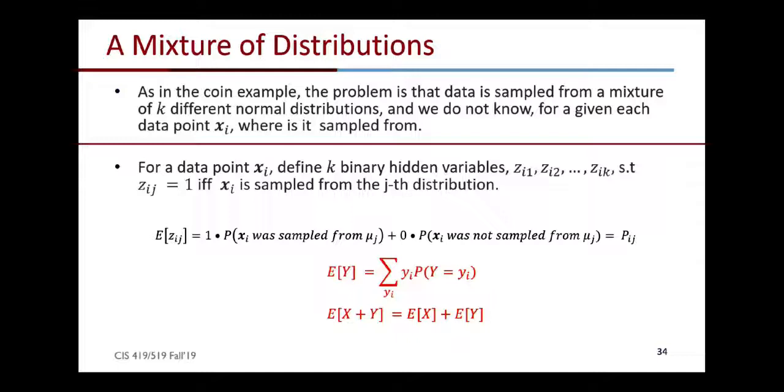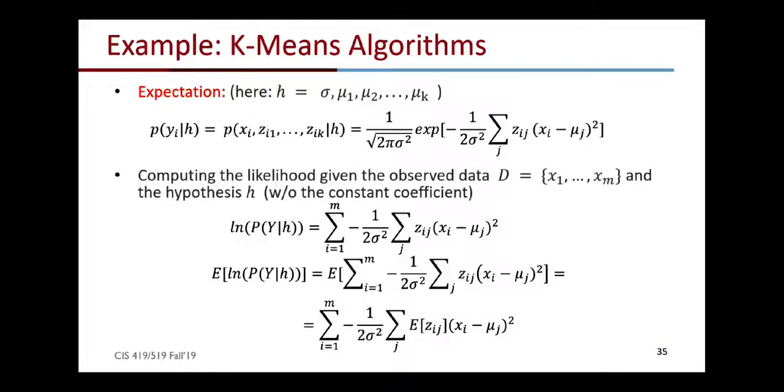So Pij, remember I used it in the previous slide as the probability that example xi came from mu j, and it's also the expectation of my new variable, zij. Basically, I just rewrite here the definitions that I showed earlier: the definition of expectation, and the fact that it's linear. Okay, so now